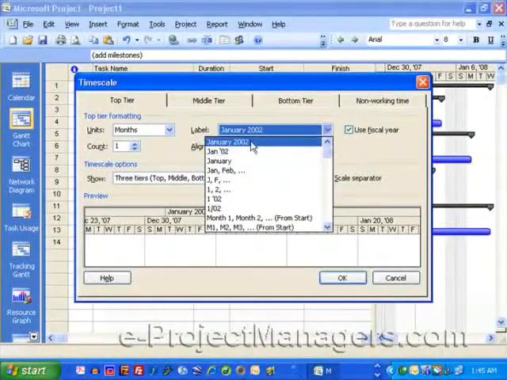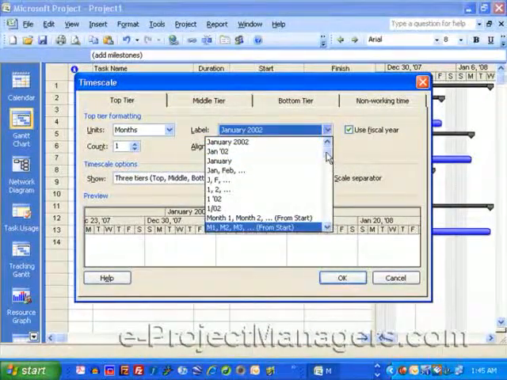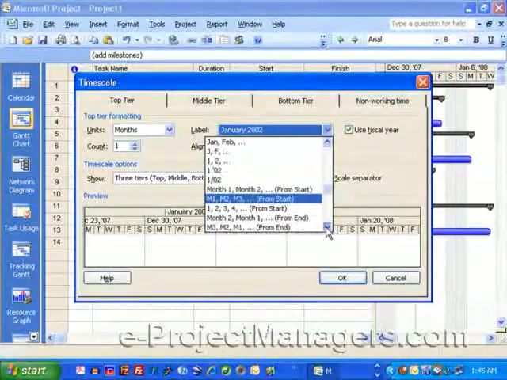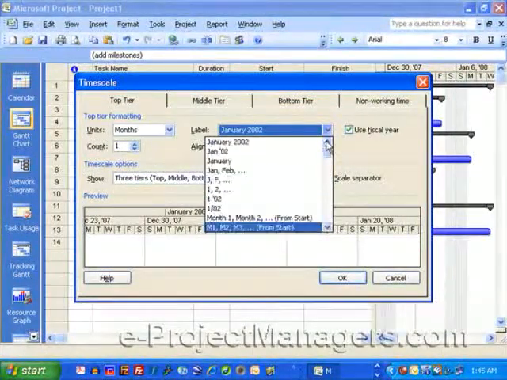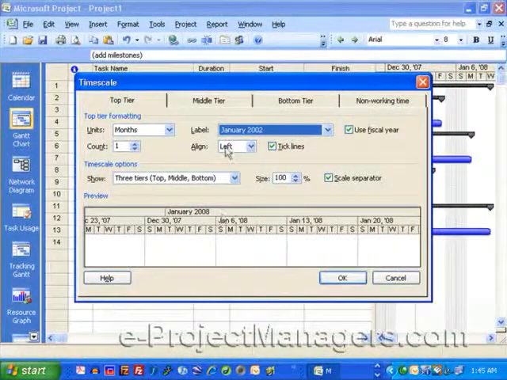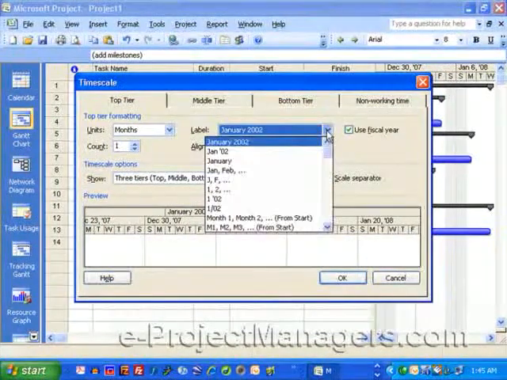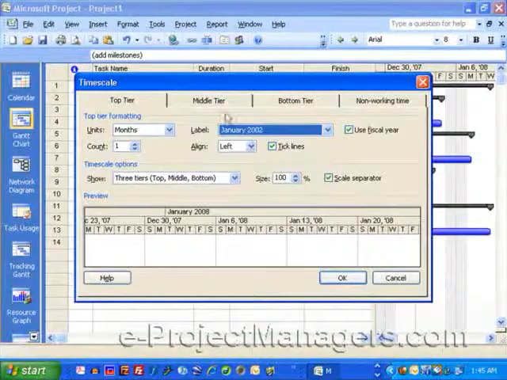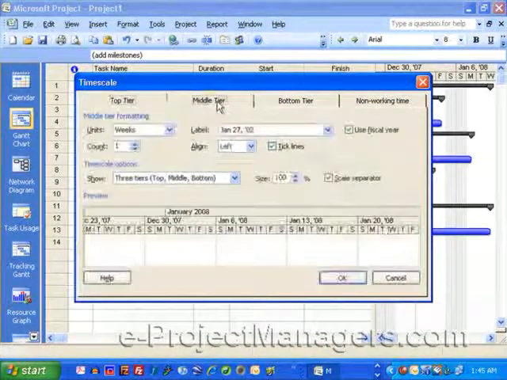and the year. So you can see that there are different formats that you can select, but I'm just going to keep the month and the year as it is by default. So I see the month and the year, because sometimes you have a project that runs over multiple years, and you'll want to be able to see that in the schedule. In the middle tier,